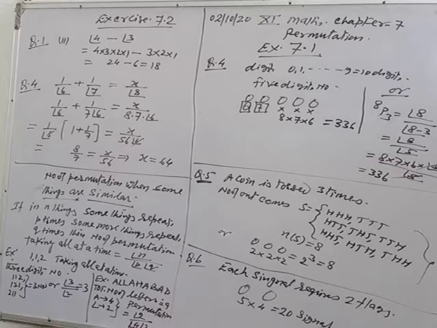By formula also you can do it. When you fix 2 digits in the first 2 places, then you will have only 8 digits, and from these 8 digits you have to fill up 3 places. So by formula it is written as 8P3, that is factorial n upon factorial n minus r. So factorial 8 upon factorial 8 minus 3. After solving you will get 336.